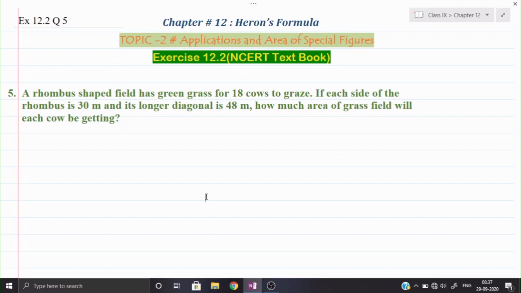See, basically, suppose if I want to distribute something into 10 students, so I will see how many things are actually given to me. For example, suppose 20 pencils are there and I want to distribute in 5 students. So 20 I will divide by 5. So each student will be getting 4 pencils over there. So same way here, whatever the area will be there in the rhombus shaped field, that total area we shall calculate. What is the total value we have? And that total area we shall divide by 18 because the number of cows are 18. So for each cow, how much area is available, that we will come to know.